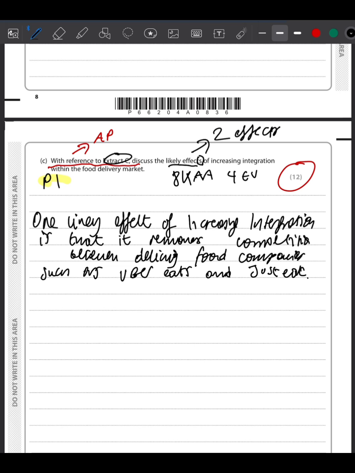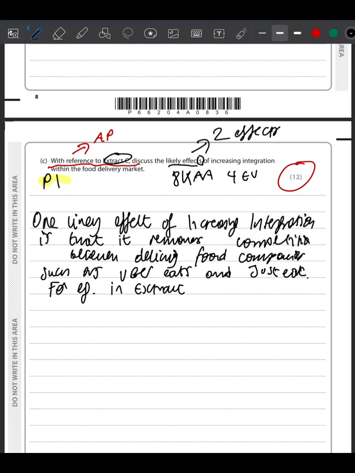Again, when you write your exam question, you want it to be as contextual as possible, making it sound like it's real life. I can't emphasize that enough. That's how you're going to pick up your application marks. So one likely effect of increasing integration is that it removes competition between delivery food companies such as Uber Eats and Just Eat. For example,